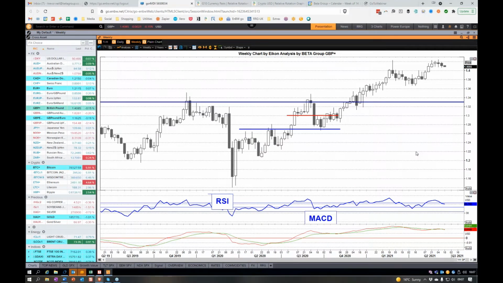pre-Brexit levels of sterling. I mean, the foreign exchange market is the great judge of whether it's good or bad for the country, and the answer is, well, so far, no difference is what it's saying for the country. So on the weekly chart here, we've got a nice pattern of rising lows, still intact, still bullish here. We had this spike high back in February, which is being tested now,